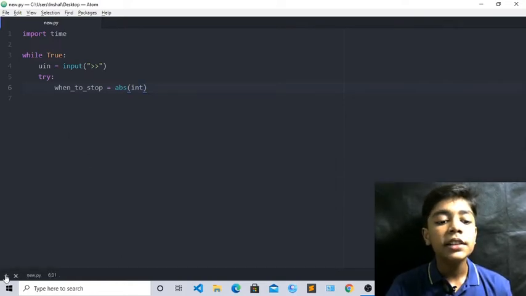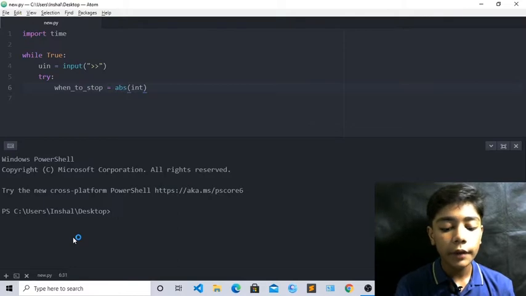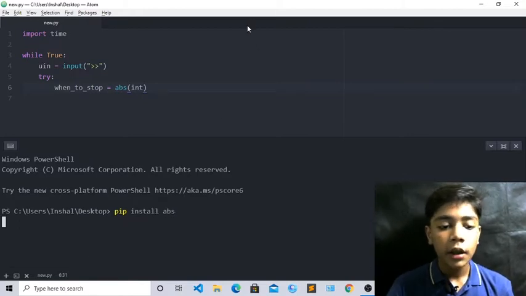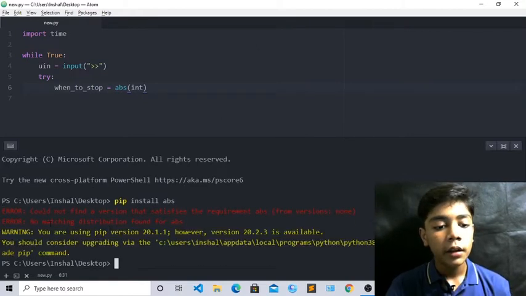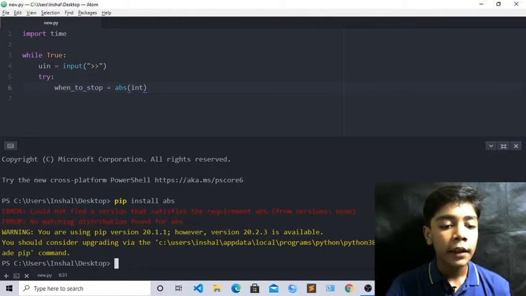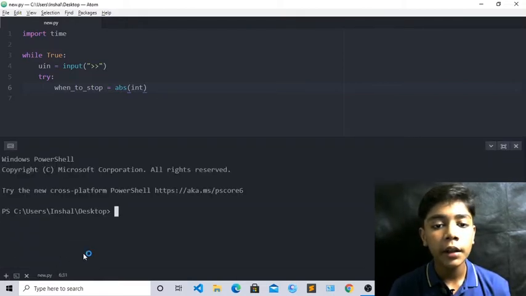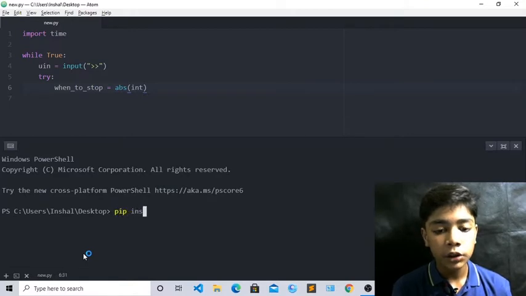Now just come over here, terminal again. Now we will write here pip install, which will be like ABS. Okay, now ABS absolute tag is here. Now there is also not a latest version of absolute tag, and it has only one version which we have already downloaded. Okay, now close it from here, come over here again, which will be pip install,